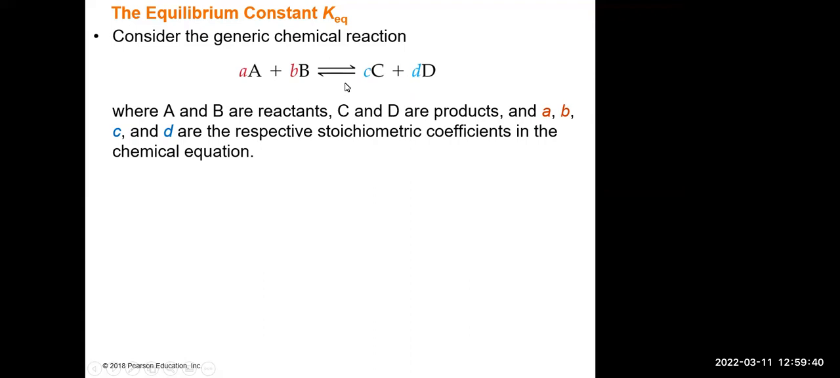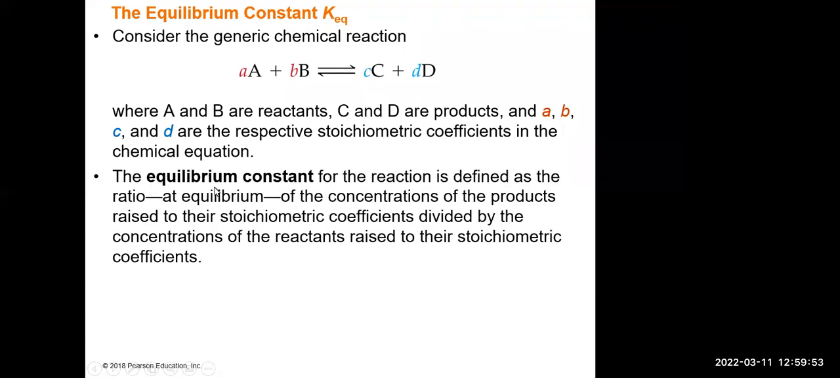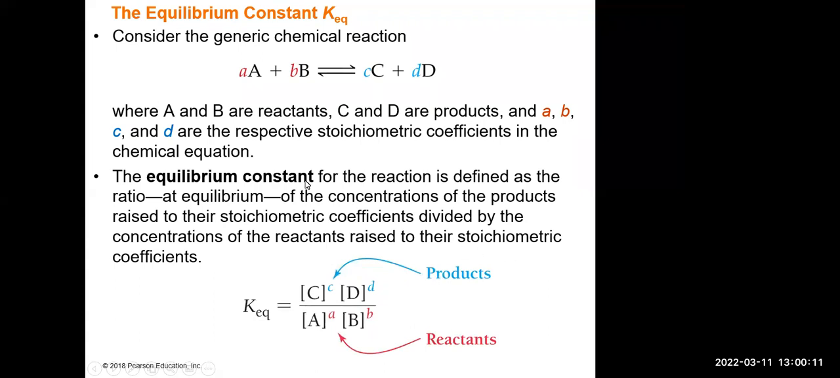So in this equation, A and B are reactants, C and D are products, then lower-case a, b, c, d are the respective stoichiometric coefficients in the chemical equation. The equilibrium constant for the reaction is defined as the ratio at equilibrium of the concentrations of the products raised to their stoichiometric coefficients divided by the concentrations of the reactants raised to their stoichiometric coefficients, which means mathematically, you